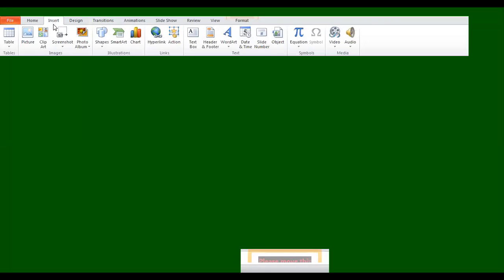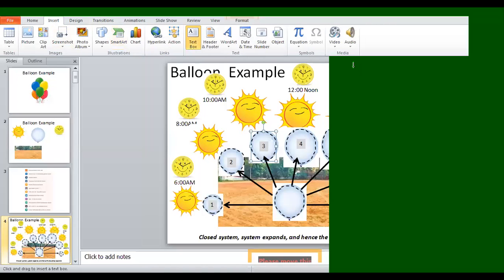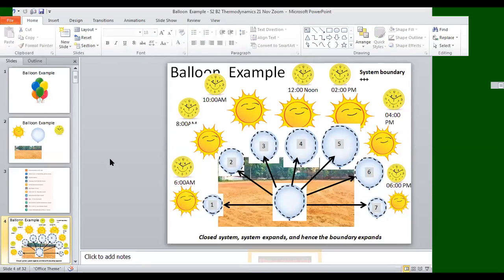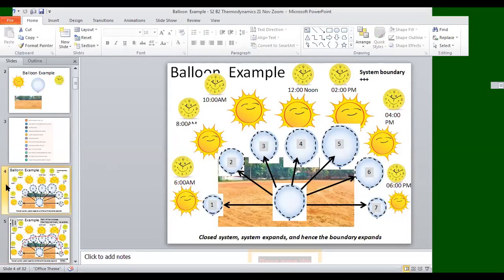I will add the keyword here: system boundary. Also here, added. For today's discussion, system boundary is also added. So if you look into